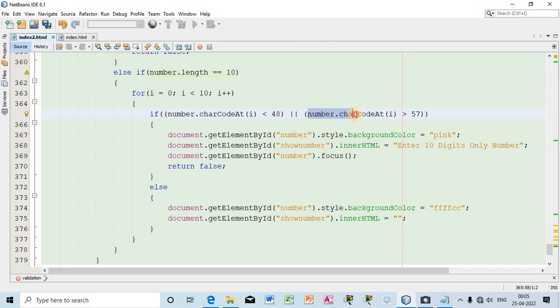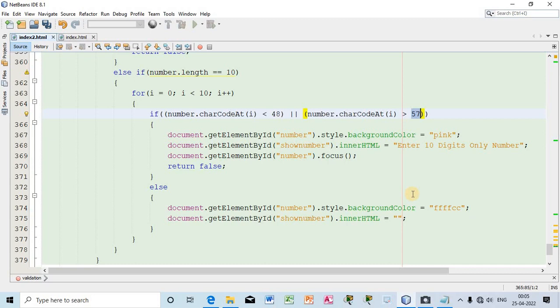Or if the user has given any character in the text field and you convert that character into the ASCII value and it comes out more than 57,